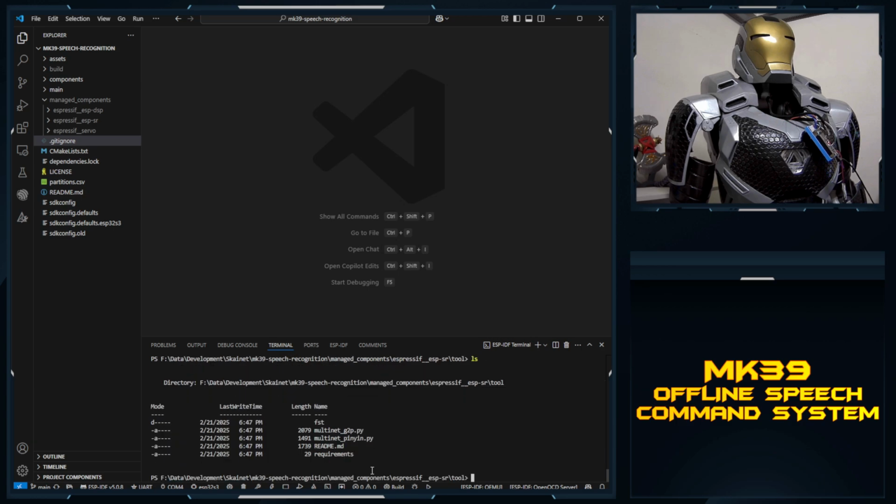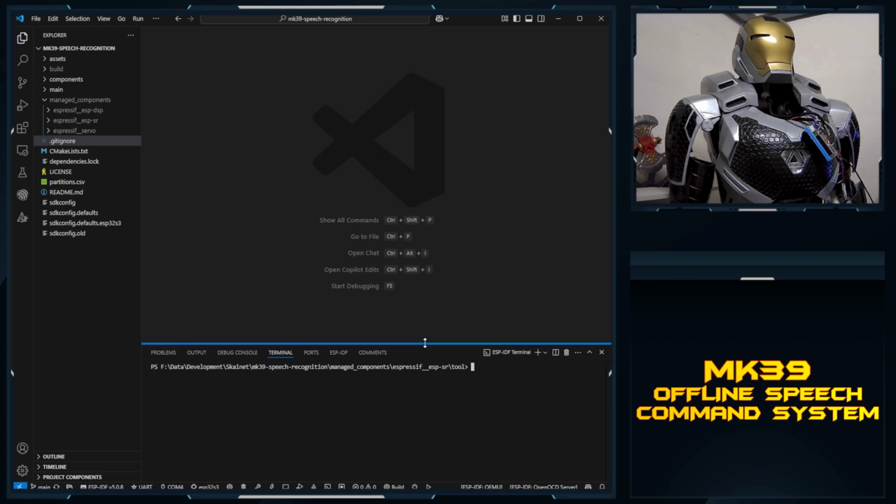Right. If we check here, we have this Python script, multinet_g2p.py. This is going to need a Python environment set up and some additional libraries. If you try to run it, it will tell you what needs to be installed through pip, or however you have your Python set up. The documentation for Espressif and ESP-SR will also describe how to get all of this set up properly. So let's execute python multinet_g2p.py -t